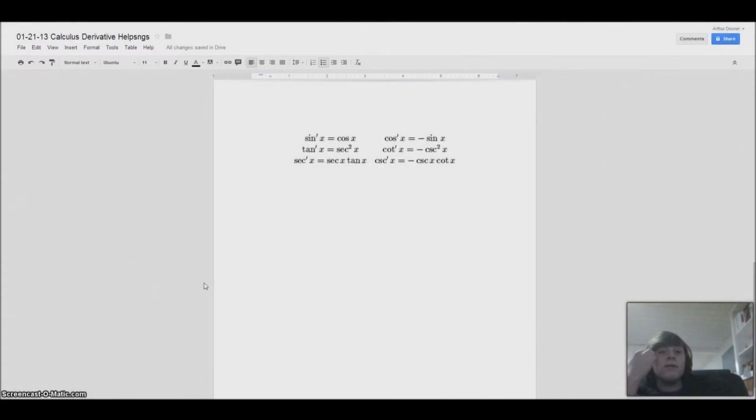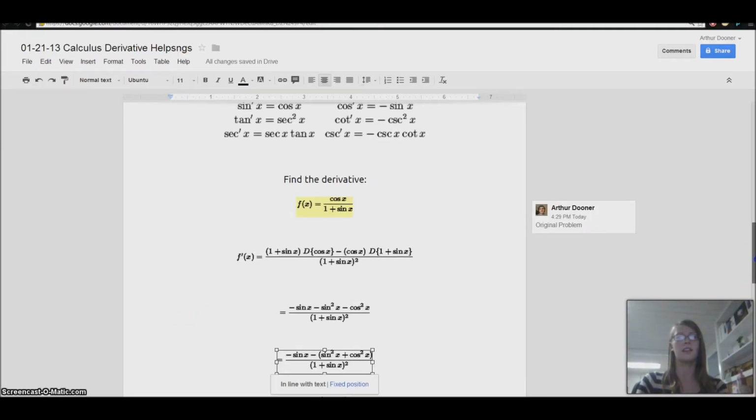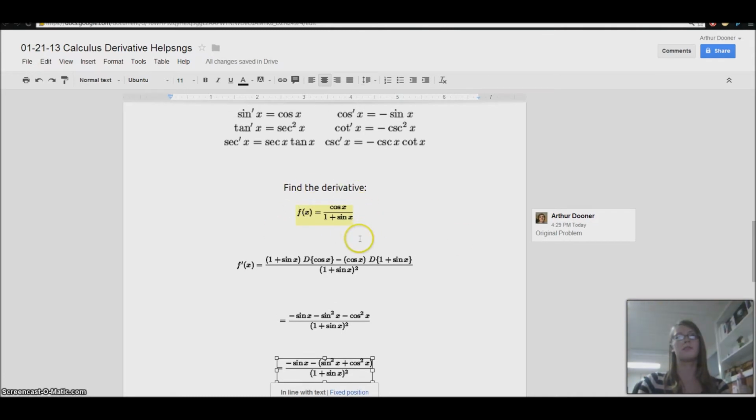I highly suggest reviewing these for the test because they'll be very important. You won't want to have to derive this and waste time in the middle of the test. Flashcards are definitely a good idea here. Digital flashcards. So, in this second part of the video, we will be finding the derivative of this equation,